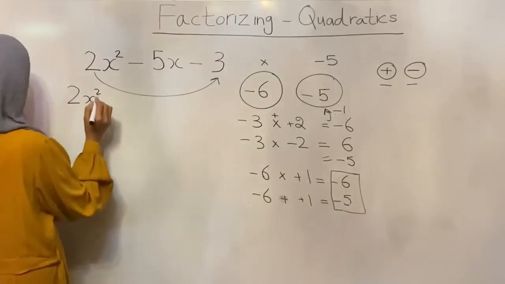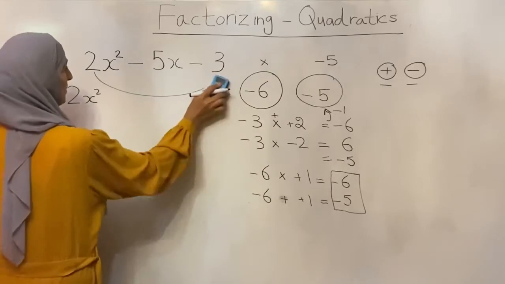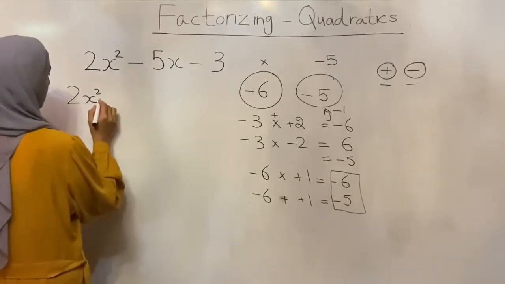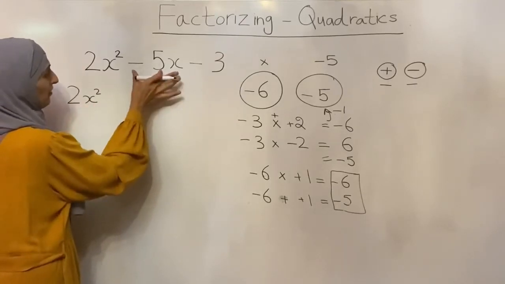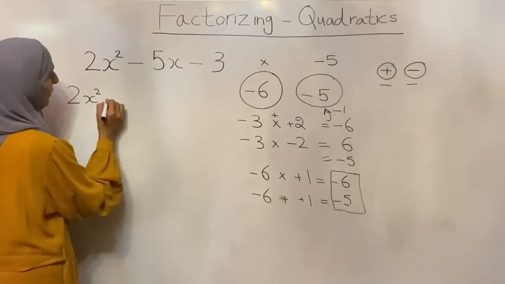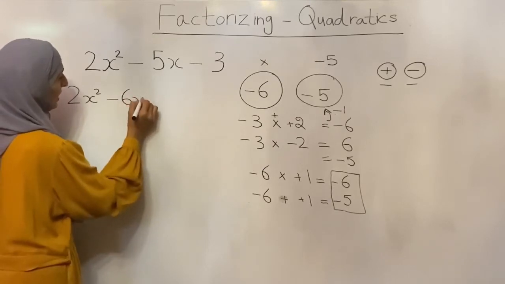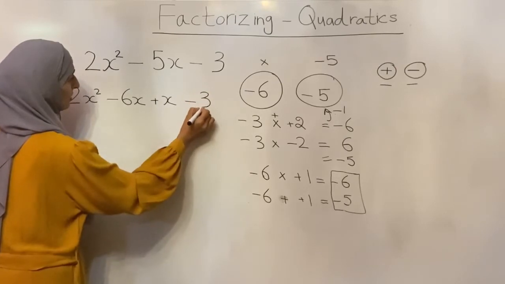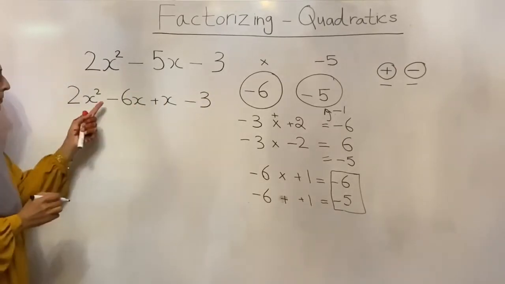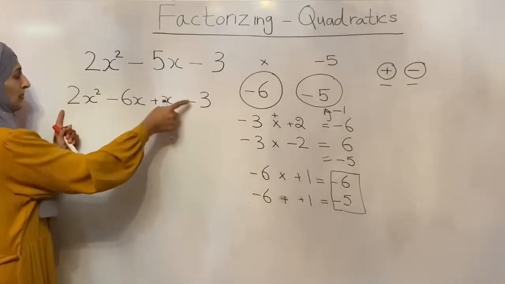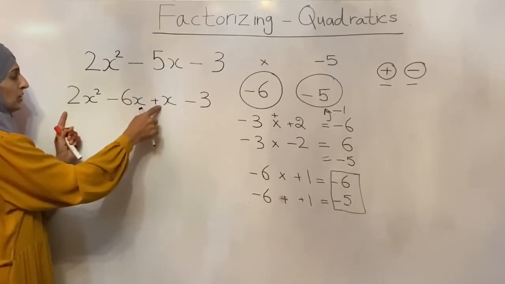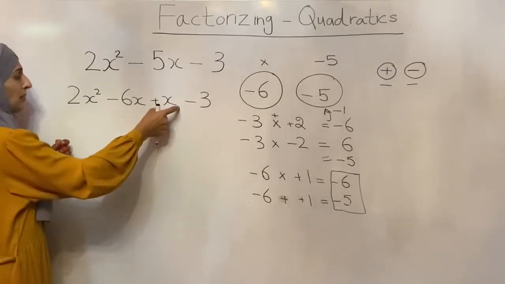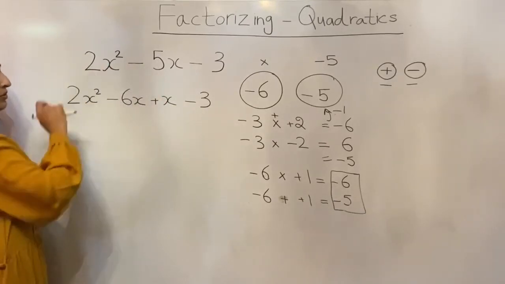So if I write this one, 2x squared, instead of minus 5x, I can write minus 6x plus x minus 3. 3 times 2 is 6, minus 6 times 1, multiplying gives minus 6, and minus 6 plus 1 is minus 5. So I'm getting the right